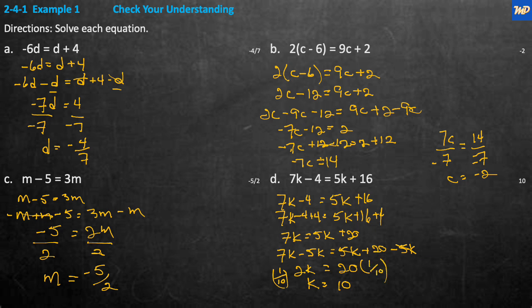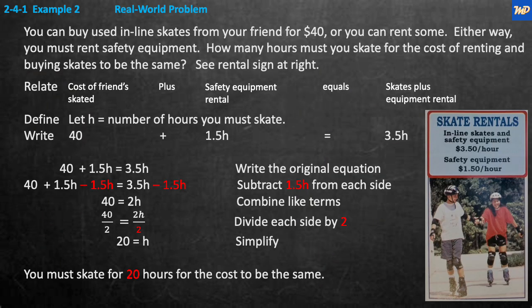Each side times a tenth, and you get an answer of k equals 10. Okay. So example 2, real world problem. You can buy used inline skates from your friend for $40, or you can rent some. Either way, you must pay a rental safety equipment fee. How many hours must you skate before the cost of renting and buying skates will be the same as renting